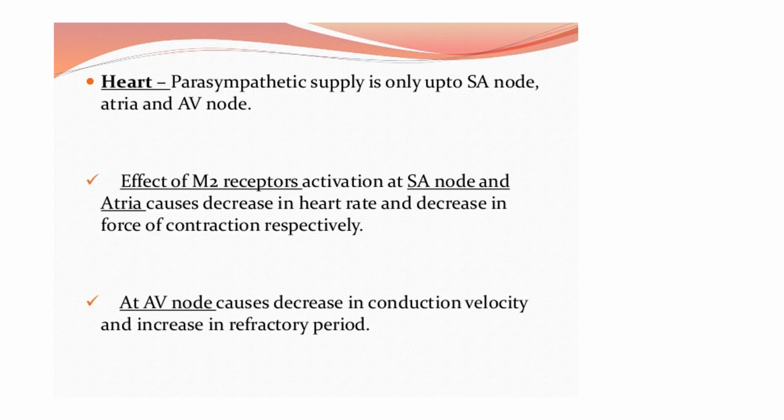Coming to the next important organ, that is the heart. I told you what is the cholinergic receptor present in the heart. It is nothing but M2. Remember, M2 is exclusively for the heart. The parasympathetic supply is only up to the SA node, atria and the AV node. The effect of M2 receptors is activation of SA and atria, thereby causing a decrease in heart rate and a decrease in force